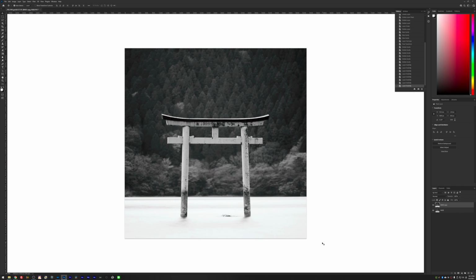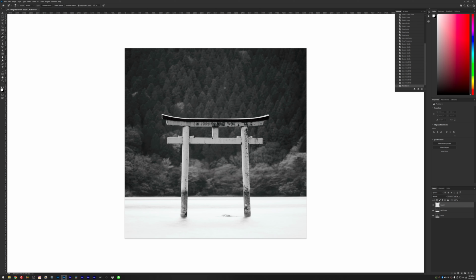So once I do that and I have my perspective all sorted out and fixed, another thing that I want to do from the start is getting rid of this rock in the water, because I think the eye goes here a little bit too much, and I would prefer to have just white water here in the foreground. Again, there are many ways to do this. Probably the easiest way to do that is just to create a new layer by clicking here and then selecting the spot healing brush with J on the keyboard.